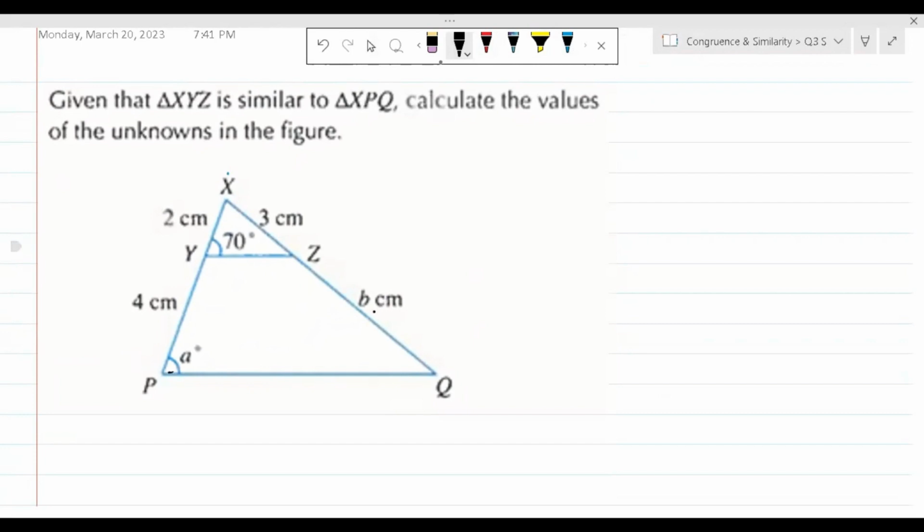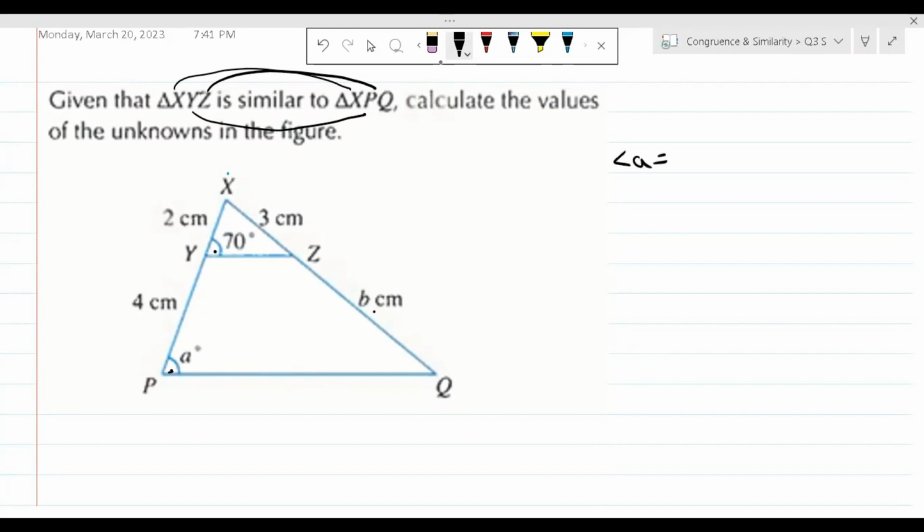First step, we need to know that point X is the same as point X, point Y is the same as point P, and point Z is the same as point Q. So if Y is the same as P, तो अगर y 70 degrees है तो ये एंगल p पर भी 70 डिग्री आएगा।